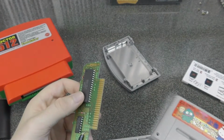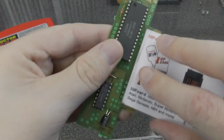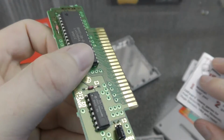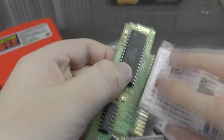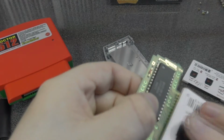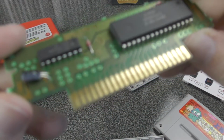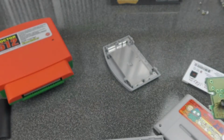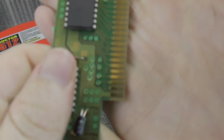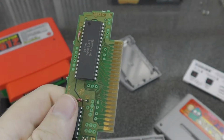So what this is basically doing in here, here's the not clean side. We're just rubbing the fluid on there, getting it nice and moist, and that gets rid of all the grease and most of the dirt. And we come across with the drying pad. And so I think this works quite well. The drying pad does leave some sort of marks on there, so if I just do that again,